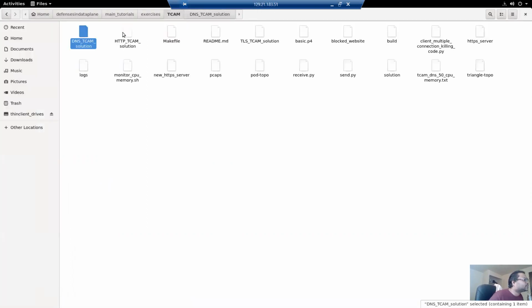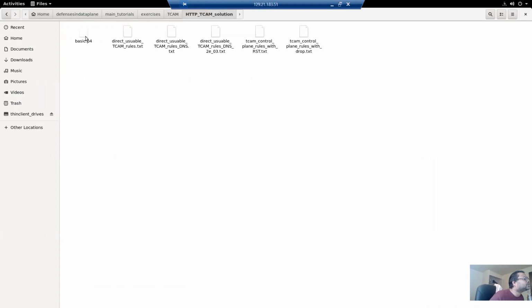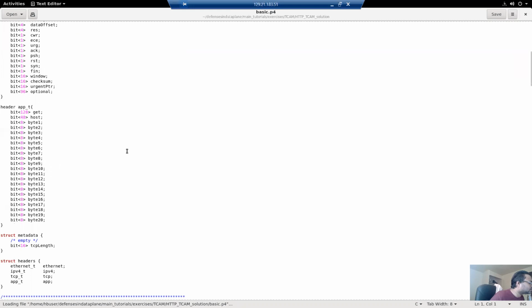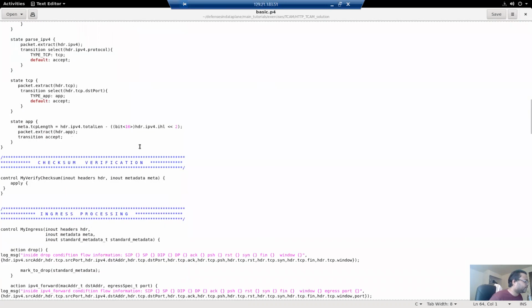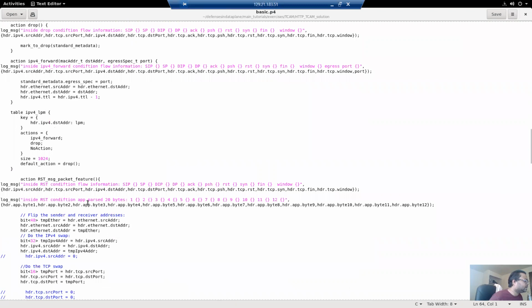Now, same thing with HTTP. Similarly, 20 bytes where we believe the domain pattern lies, and they get inspected here in TCAM memory.